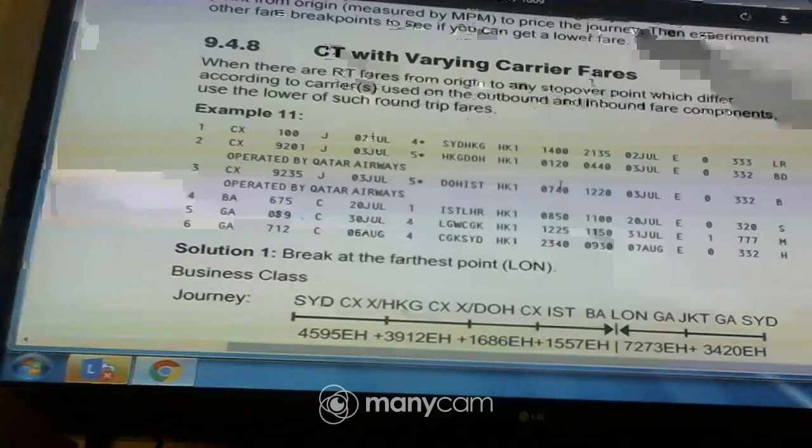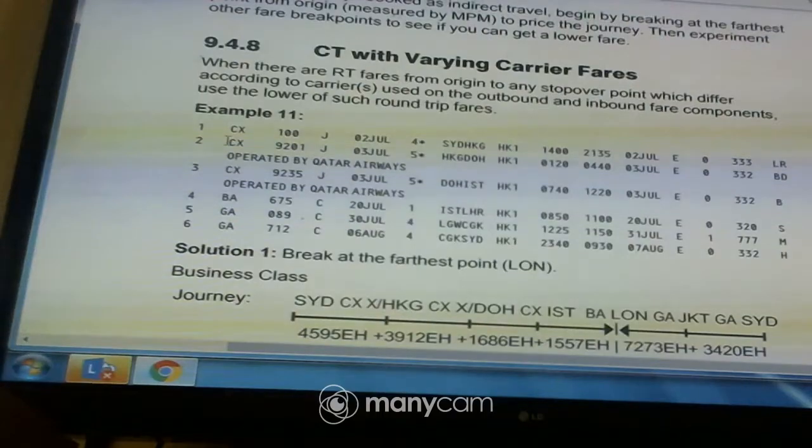Yeah, but if you look at our itinerary, we have codeshare somewhere here, so that one will not apply. So we have codeshare. Just a minute. Codeshare somewhere here. Yeah, here it is. So if you look at this, operated by what? Qatar Airways, which means there's a commercial arrangement with this. So that one will not apply for Garuda because it's operated by Qatar, and we are told it does not